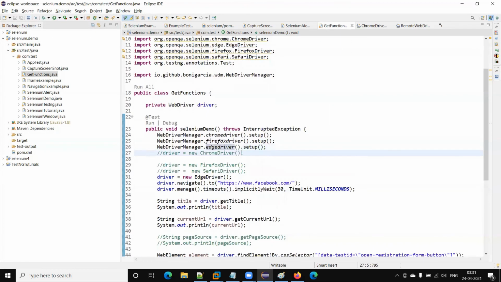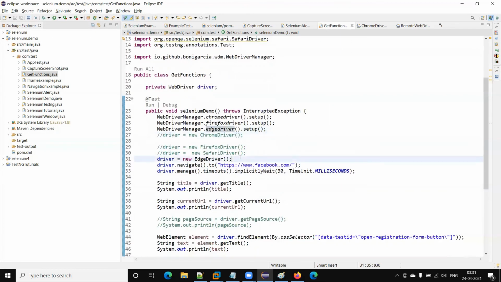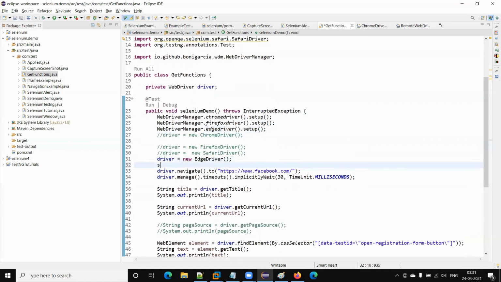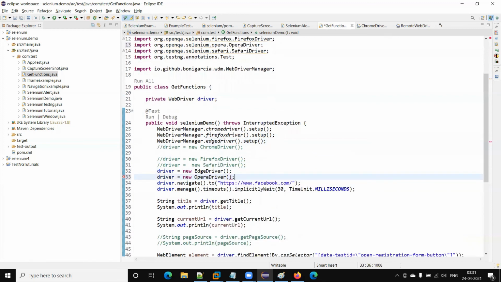Similarly, if we want to run on the Opera browser, we can create the Opera driver object, and make sure Opera is installed on your machine, and then you can run.